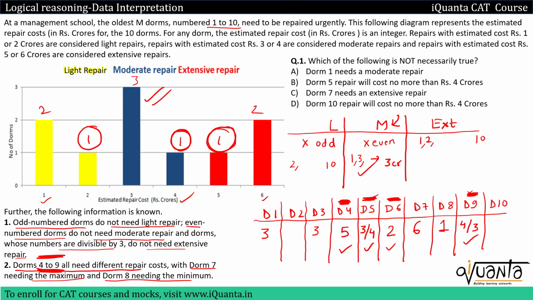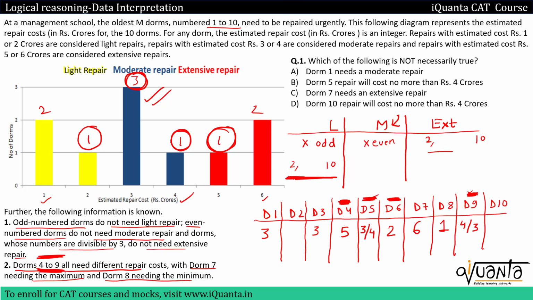So I'll again remove 1 and 3 from everywhere. Why will I remove 1 and 3? Because see, only 3 dorms could have repairing cost of 3 and I have found those 3. Definitely D1 will be that dorm, D3 will be that dorm, and one dorm out of D5 or D9 will have repairing cost of 3 crore. So I have found all the 3 dorms that can have a repairing cost of 3 crore. I'm done with this as well. So that is why I'll remove 1 and 3 from everywhere. So these will be gone, 1 will be removed from the extensive category as well.